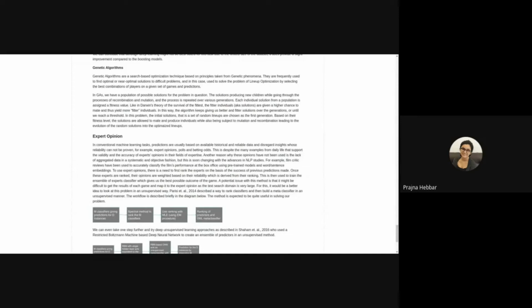Basically, what the whole framework does is that a set of random lineups is chosen as the first generation, and then based on the fitness levels of these random lineups, they are allowed to mate and produce individuals while being subject to mutation and recombination, which leads to a next generation of lineups. These randomized lineups are then converted into optimal solutions,